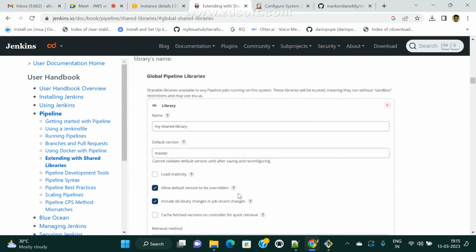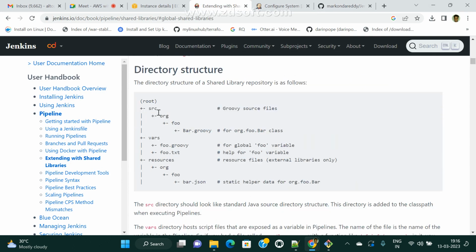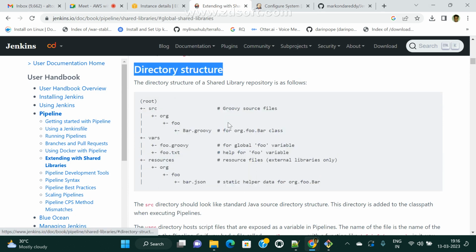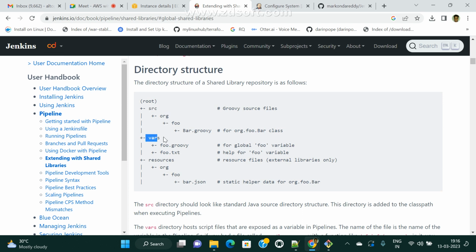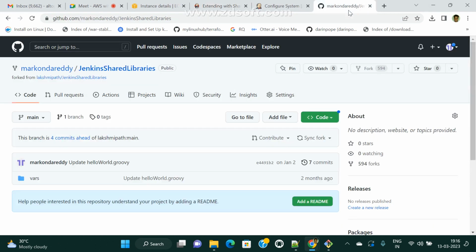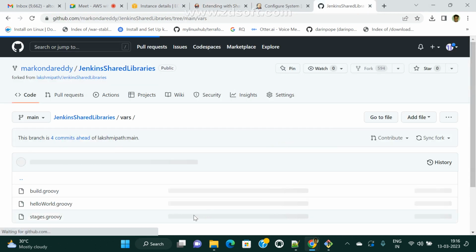So now if you come to here, this is the shared library directory structure. You should follow src, variables, and resources. I don't want those things right now. Just now I used only the variables directory, and under this directory I created my files. Now if you come to here, see here,